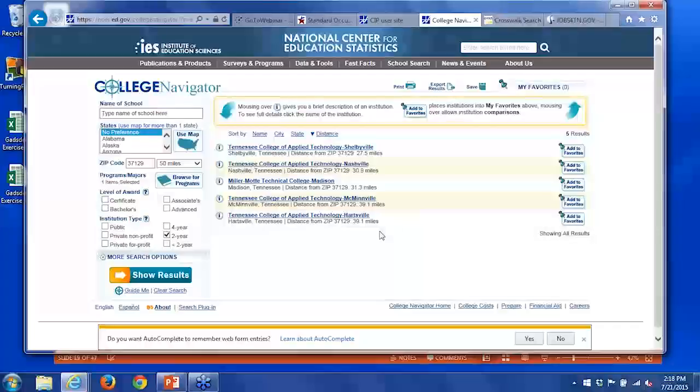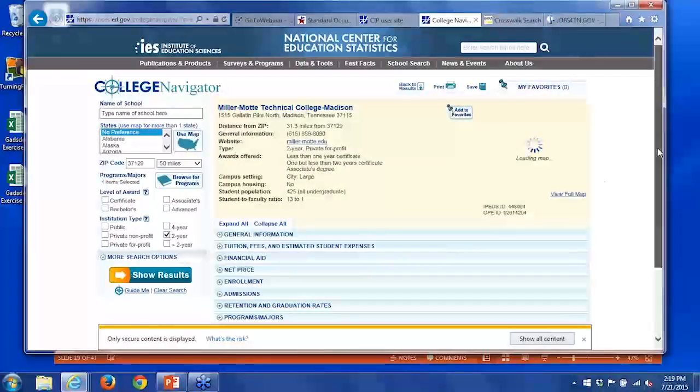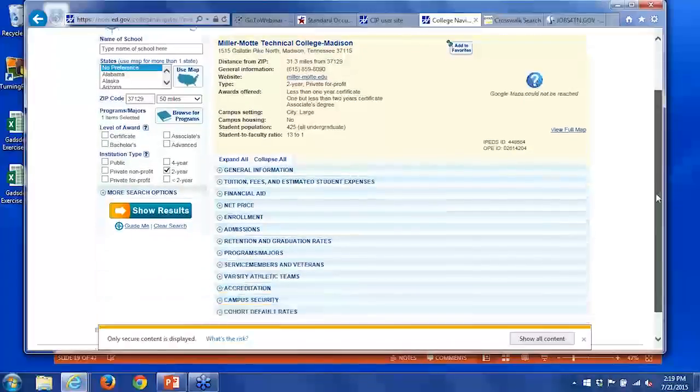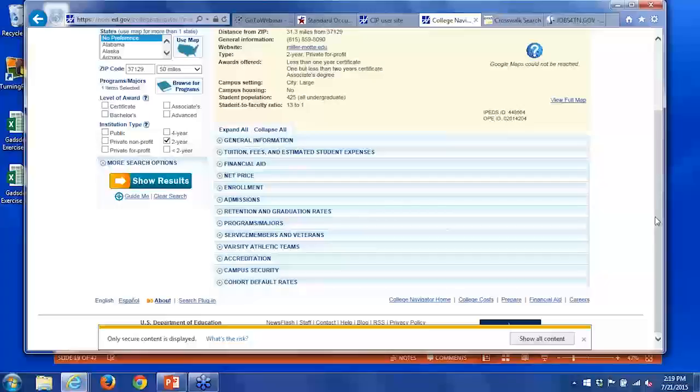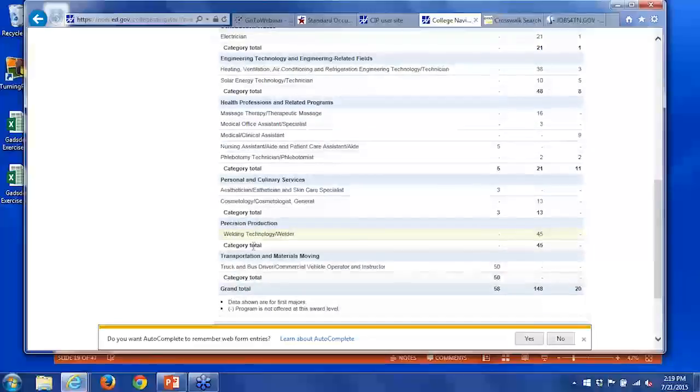degrees or credentials. What I want to know now is some information about those programs. So I'm going to select Miller-Mott Technical College here. That pulls up all of this information about the school based on what they have to report annually to IPEDS. If you look under programs and majors, you'll see that welding technology and welder is highlighted